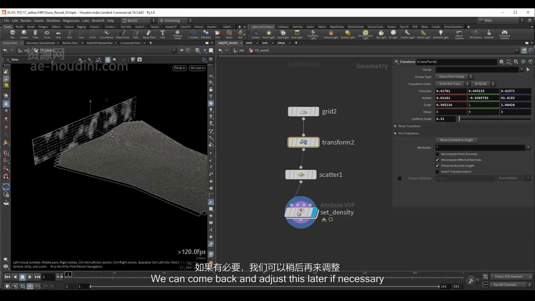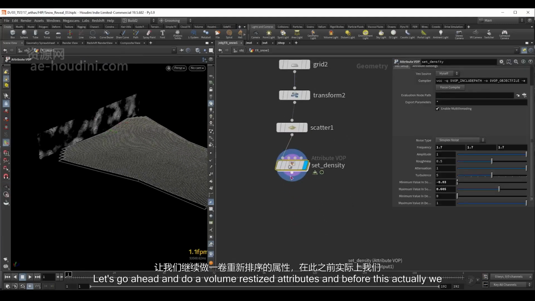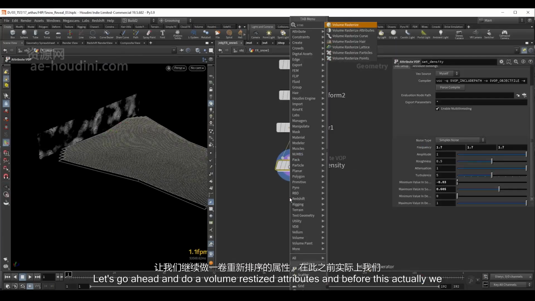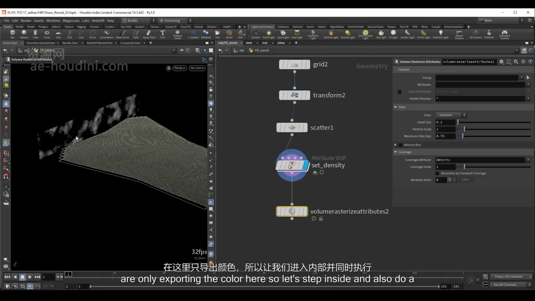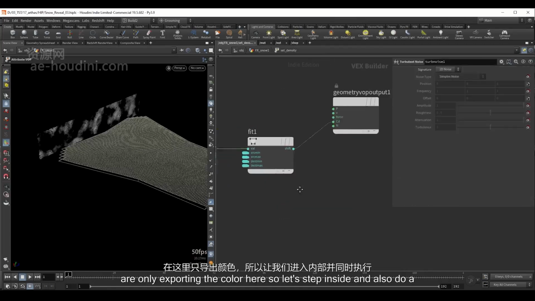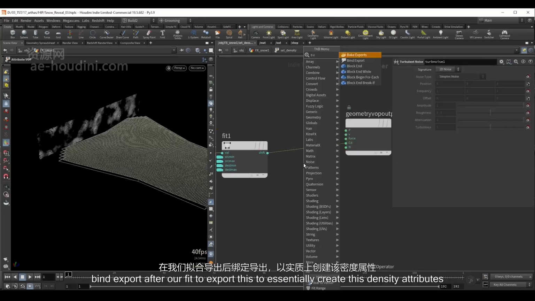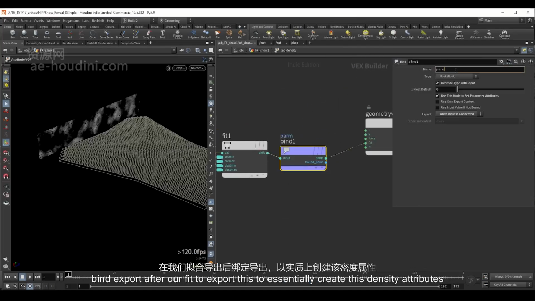We can come back and adjust this later if necessary. Let's go ahead and do a volume rasterize attributes. Before this, actually, we are only exporting the color here. So let's step inside and also do a bind export after our fit to export this to essentially create this